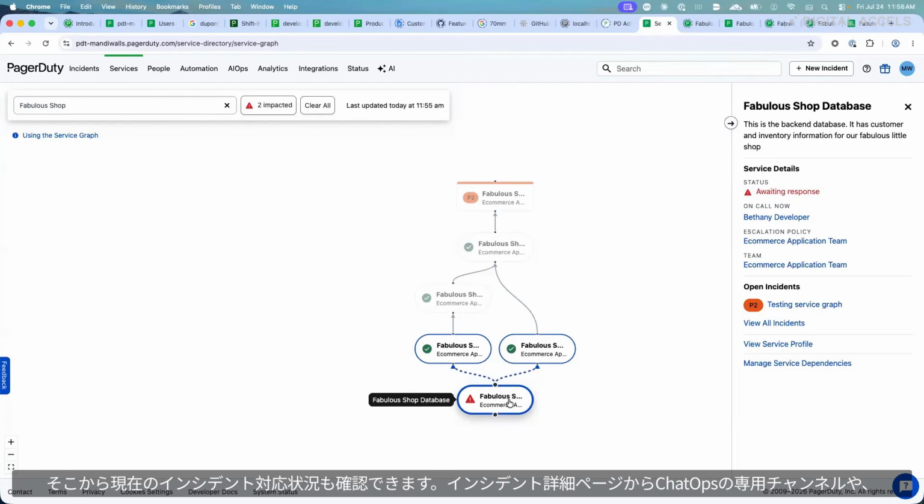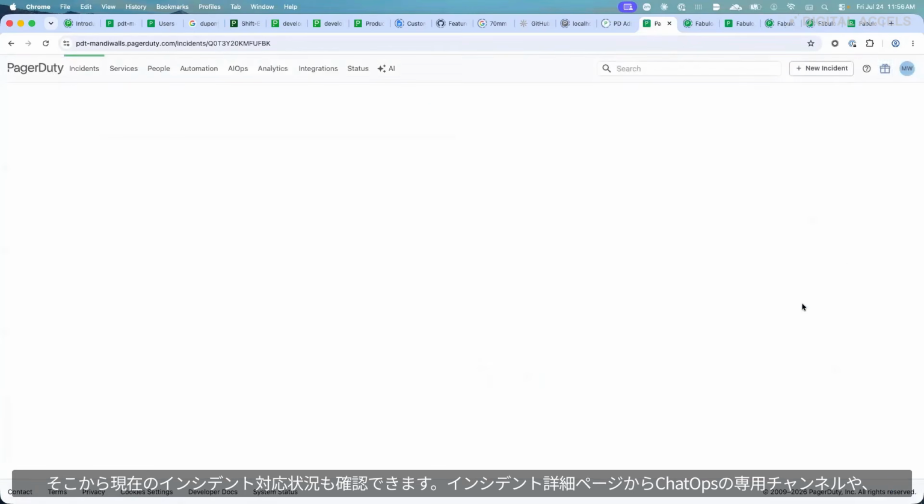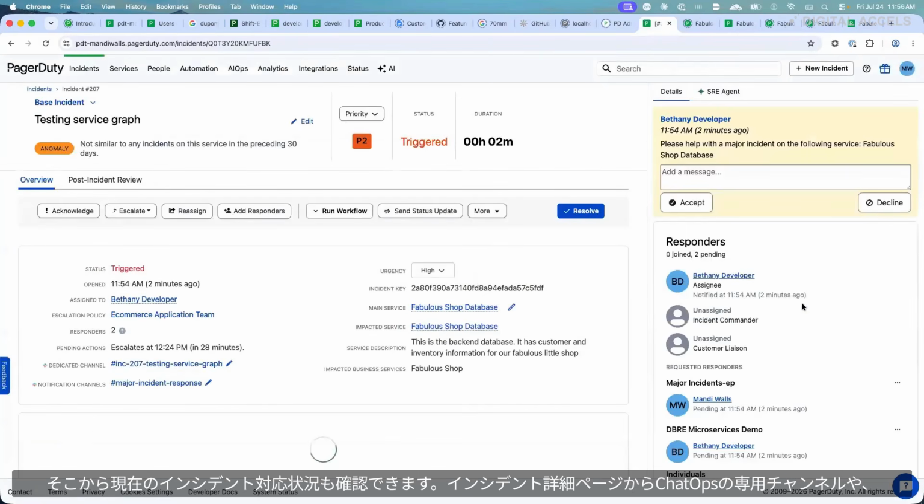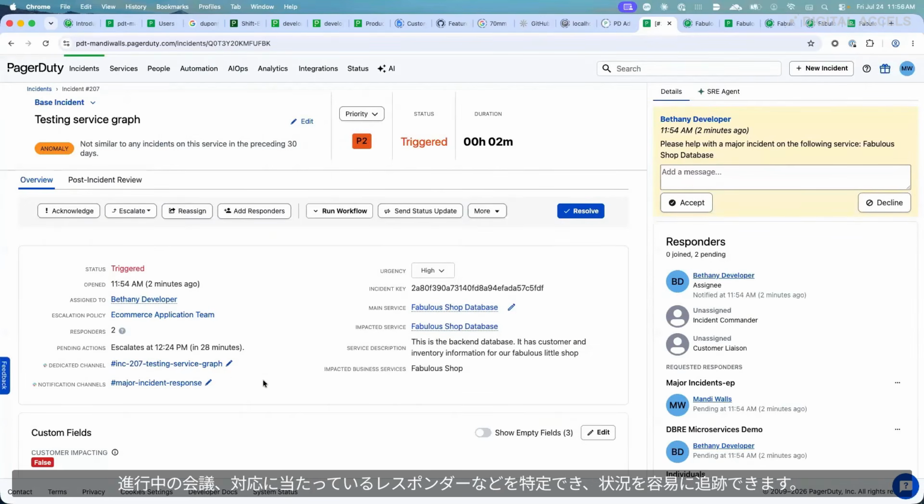look like? Because they can go to the incident page and see the channel in your chat ops that you are looking at. Maybe I've got a dedicated channel for it. If you've got a conference call started, who are the responders? Where are these things happening? Those folks can know what's going on so they can follow along as well. In addition, anyone who was subscribed to the business service was also notified of this problem. So those folks that you might have added to the business service subscribers will have also